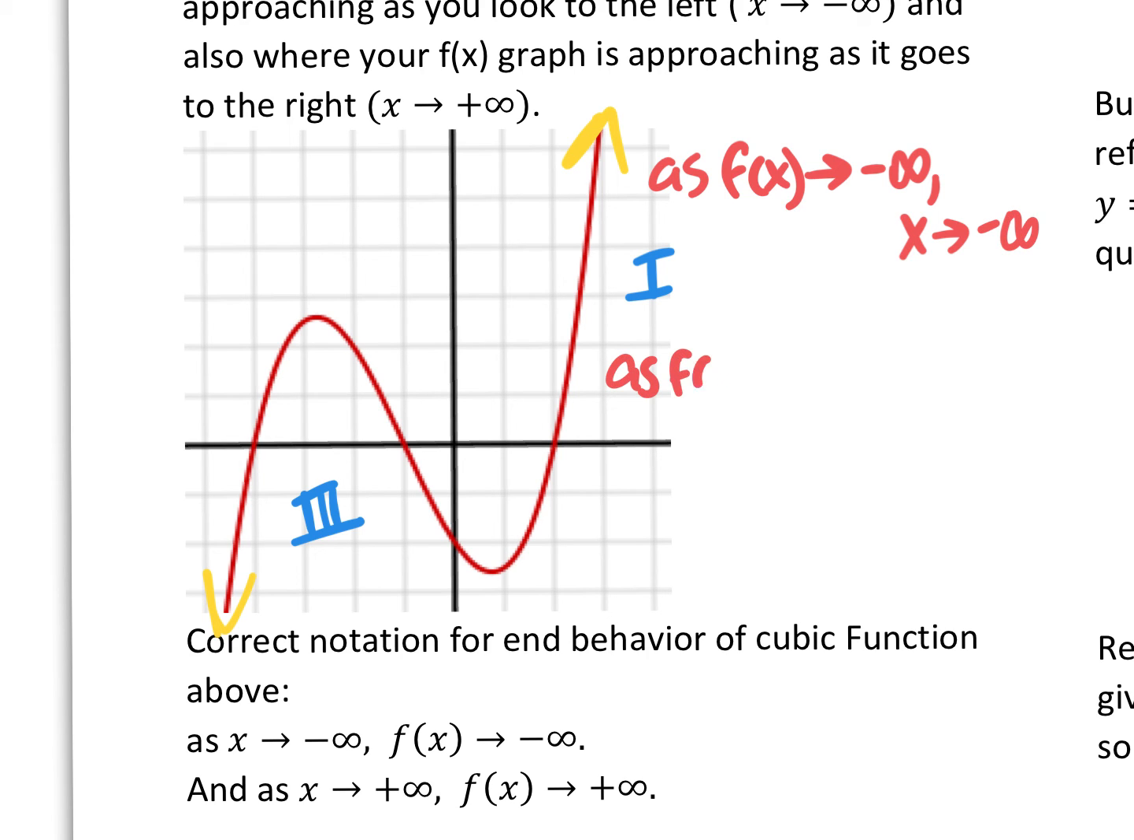As f of x is going to positive infinity, your x values are going where? Now, what does this mean? Left, right, up, or down? Up. As you go up, where's your graph at, to the left or to the right? It's going to the right. So we're going to say x approaches what? Positive infinity. Now, why does the worksheet give the answers like this? I have no idea,